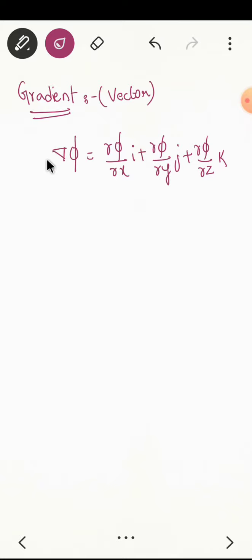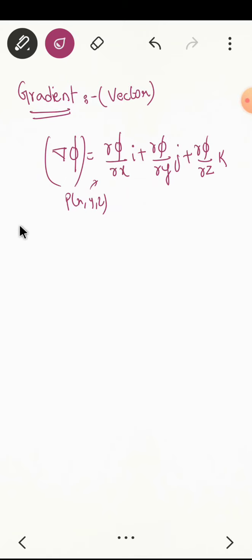If you are not understanding these terminologies, no need to worry, while solving problems it will be understood. So this will be a vector and they will ask you to substitute at some point. They will give some point x comma y comma z, and whatever the values are, you just substitute these values in the given gradient. Then obtain the gradient. If they ask the magnitude, what will you do? You will take the magnitude of this entire thing: it is equal to root over a square plus b square plus c square. That you can do.